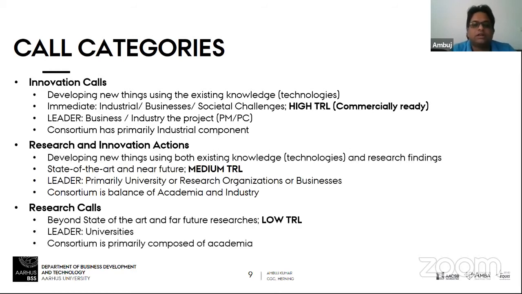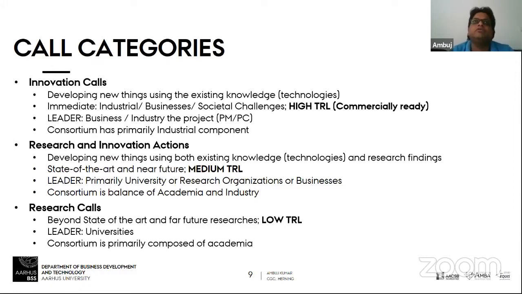The thing is that if you are going for innovation calls, you're basically using the existing technology to develop something. So let's say you want to build a robot that can serve tea, or maybe a machine that measures the early morning parameters of an elderly person. This is already using existing sensors or communication devices, and you are developing something from the existing knowledge.